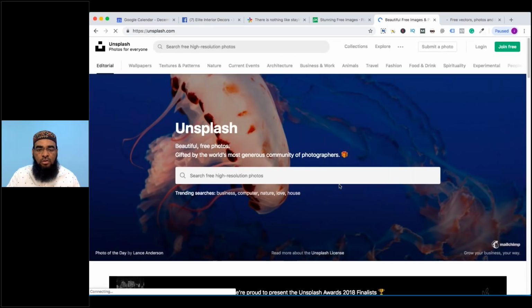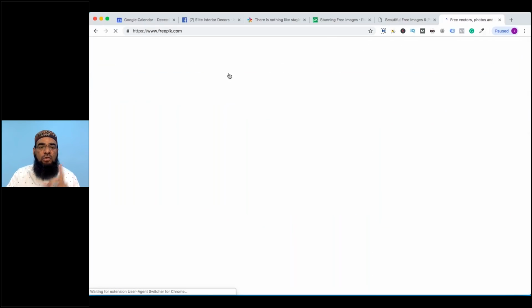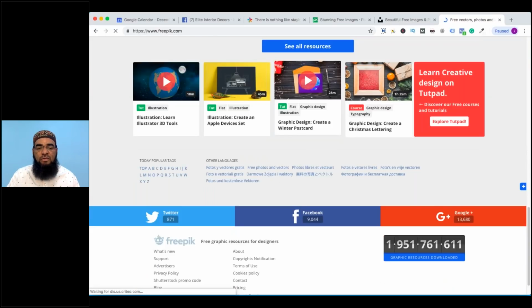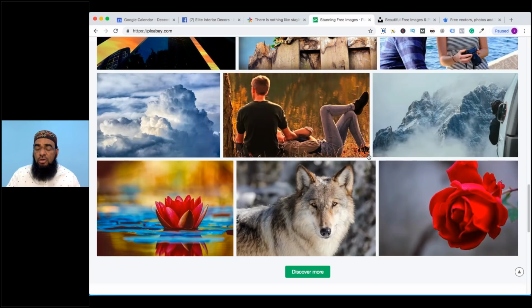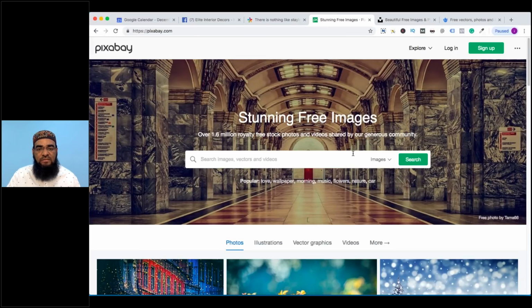And Freepik for collecting lots of free images for your posts. Most of these are stock photos and free of cost. You don't need to pay even a single rupee for these pictures. So make sure you use these options with Canva, with proper graphics, proper font size, proper design. Definitely it's going to give you a great impact on your social media content strategy.